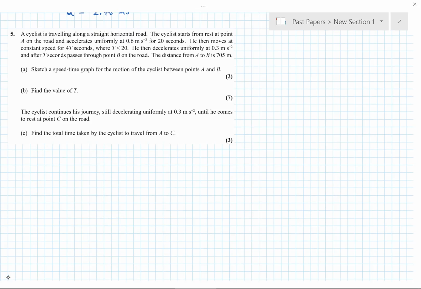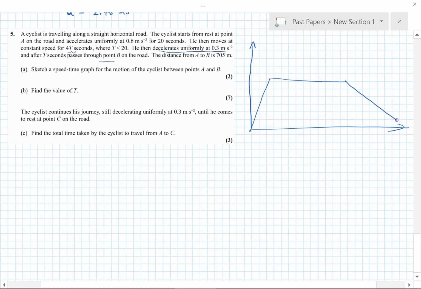Okay, so we've got a cyclist, it's a speed time graph question, cyclist moving along, accelerating, then going at constant speed for 40 seconds, and then decelerating for a time. Now it's tempting, because we often see this kind of trapezium type shape. Here it's tempting to draw the trapezium, but in fact we're told that it stops at some place on the road at point B. We're not told that that is at the same time,